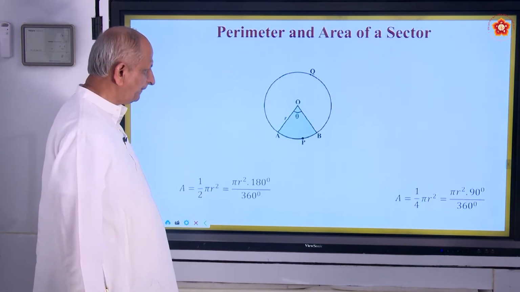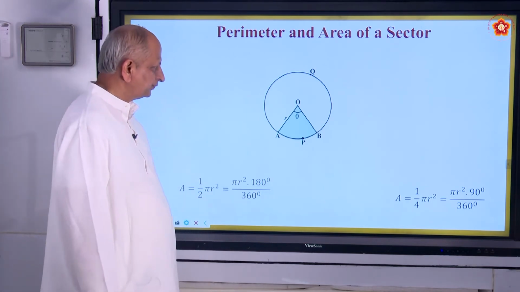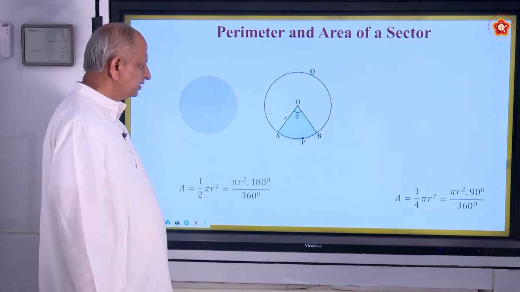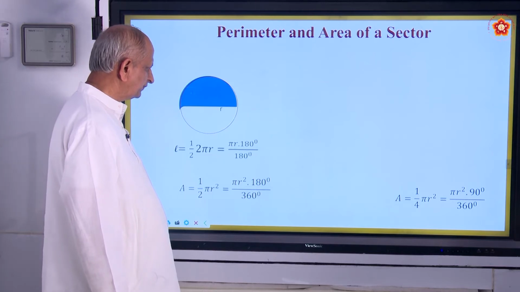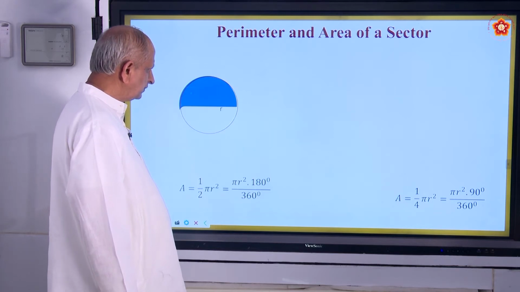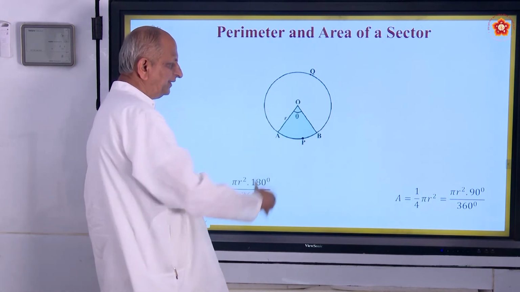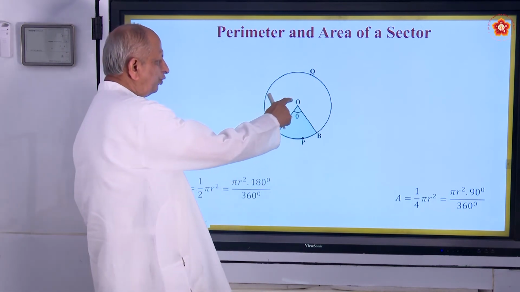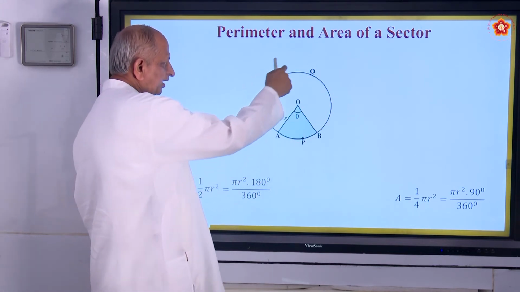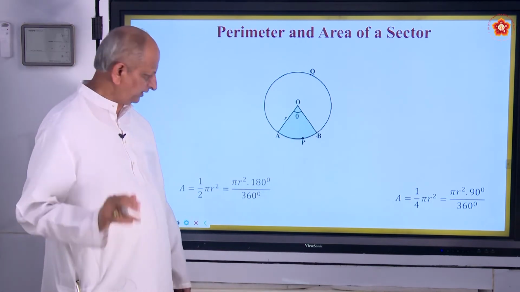Now, coming to today's topic, perimeter and area of a sector. So, what do you mean by sector? It is a part of a circle. Here sector will make an angle. So, this will be the radius, theta means the angle and OA and OB are equal. This is the circumference. A, Q, B, P is called circumference. So, note the figure correctly.